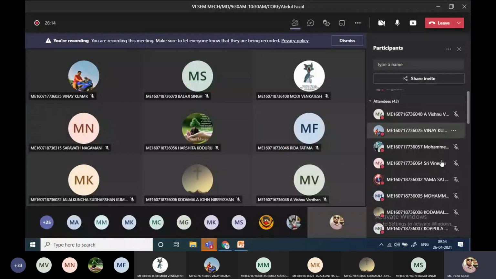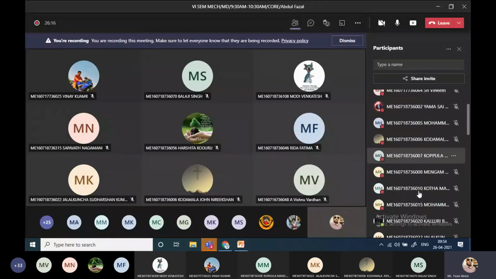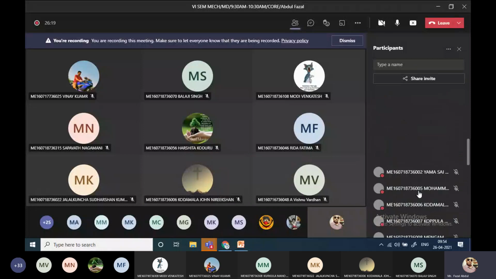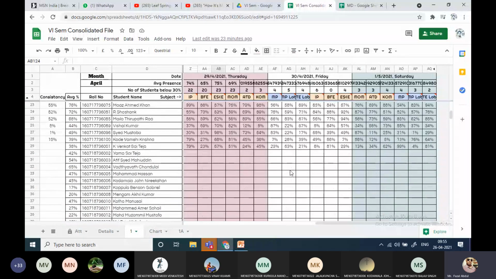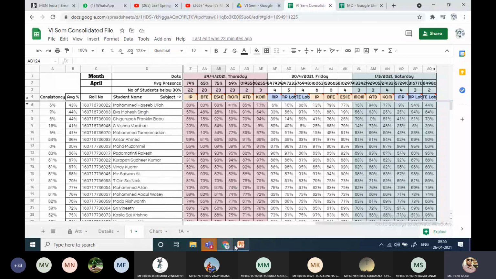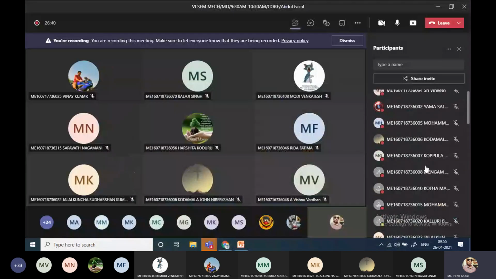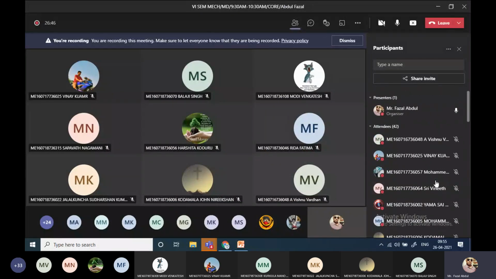So let me check how many strengths. Very good today 43, but out of 120 only 43 is not a good result. Listen again, I'm telling you, every faculty having their mentees, they are going to observe. We are also preparing attendance here. Keep in your mind, inform your friends also. We are maintaining the attendance of each student. So if you are not present, you will be going from last to first.